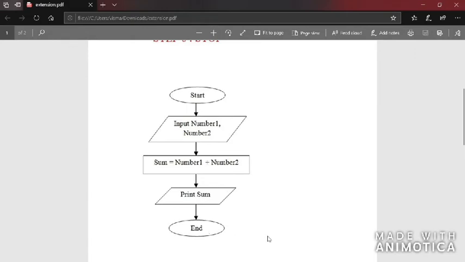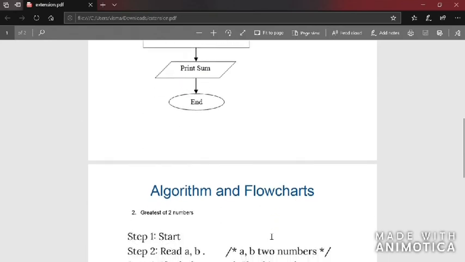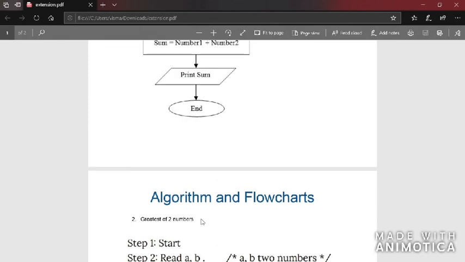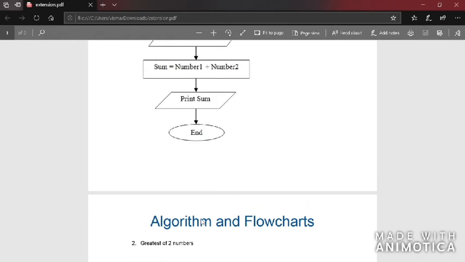Here there is greatest of two numbers. So this program is to find the max, which is the greatest number of the given two numbers. Let's use the same concept here. If your friend is giving two numbers and saying find the greatest among the two numbers, you'll check if the first number is greater than the second number. If that is the condition, the first number is the greatest number. Otherwise, if the first number is not greater than the second number, then definitely the second number is the greatest among both the numbers.